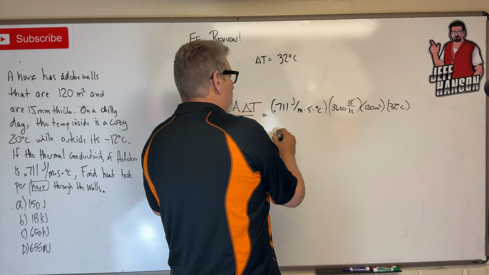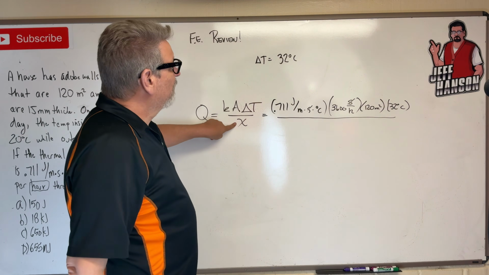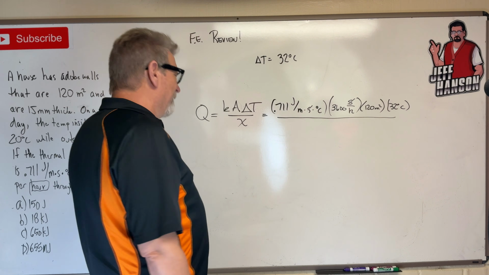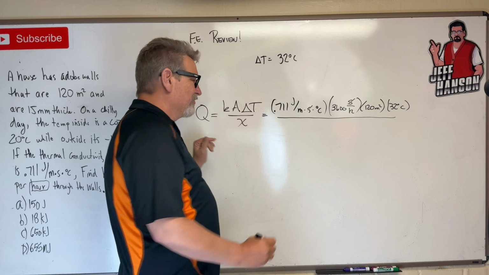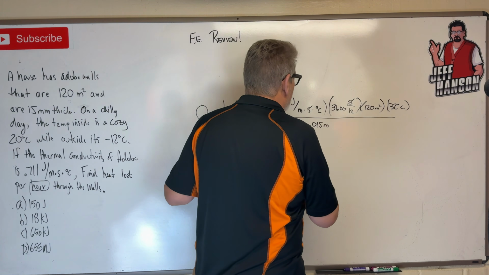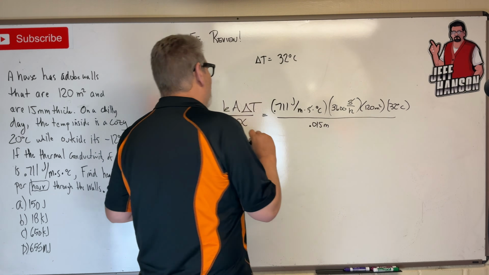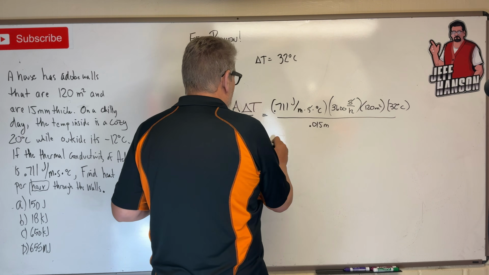Okay, that's good. Divided by the thickness of the wall, which is given to me in millimeters, is 15, but everything else is in meters. Don't forget units. 0.015 meters. That's going to cancel all that out, and it's going to leave me with Q being equal to